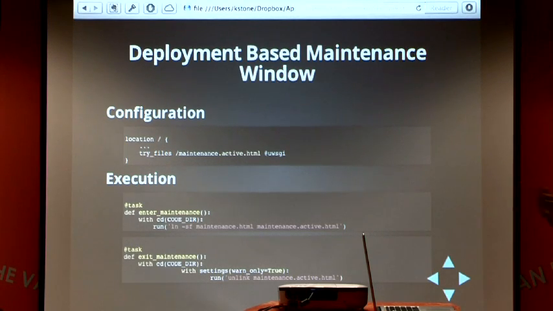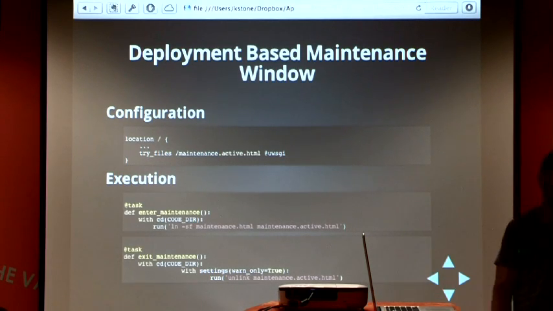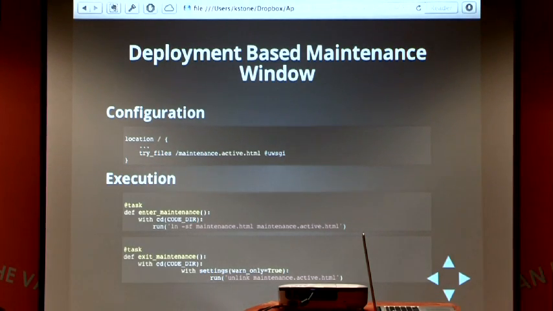I insert a file I named maintenance.active.html, which normally doesn't exist, so try_files will constantly fail to hit that. In this case, for that location, it'll hit my MicroWSGI endpoint. And then when I showed you my deployment task, all I do is create and remove that file at the beginning and end of deployment. So in that intermediate time, anyone who hits your service is going to get that error message because